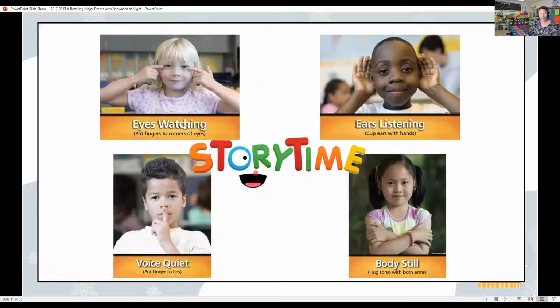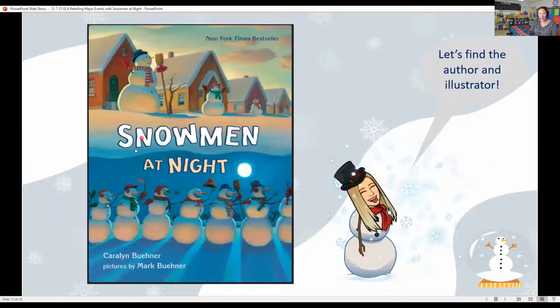All right, so now it's story time. Make sure your eyes are watching, your ears are listening, your voice is quiet, and your body is still. Everybody check themselves and see if you're ready to go. Today we are reading Snowmen at Night by Carolyn Buhner, pictures by Mark Buhner.